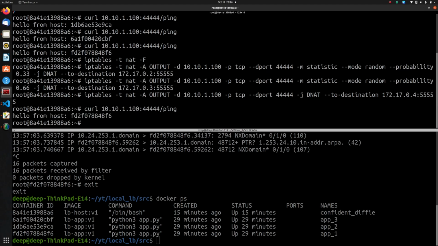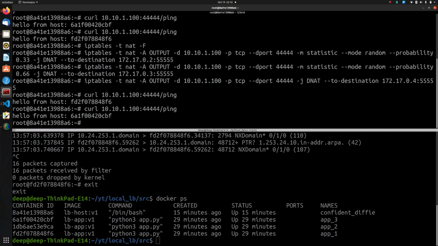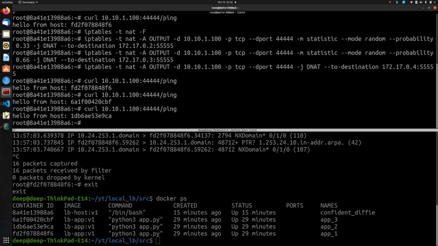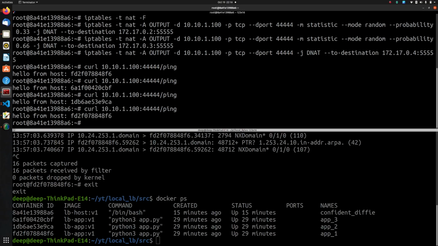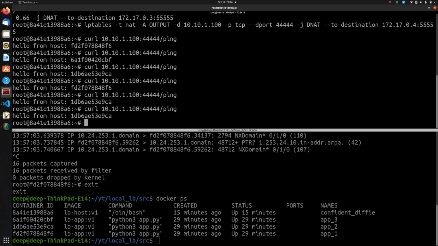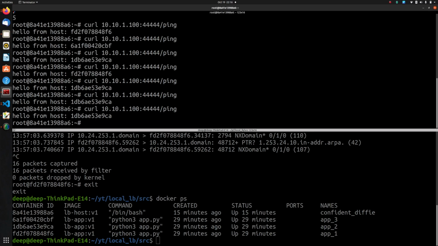So this time it's app1. Now it went to app3, not app2 but app3, because it's random. Now this time it's app2, and again it's app1, app2, again app2, and we got app3, and again app1. So yeah, it's completely random.